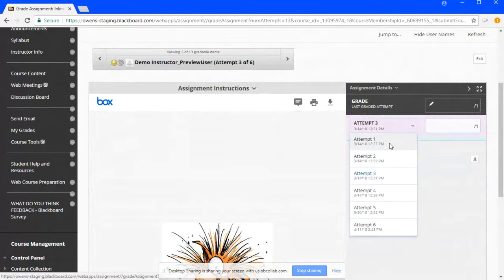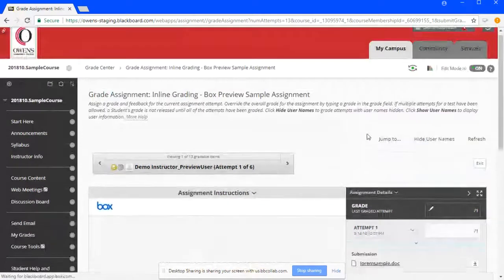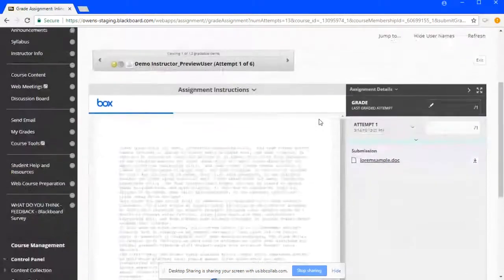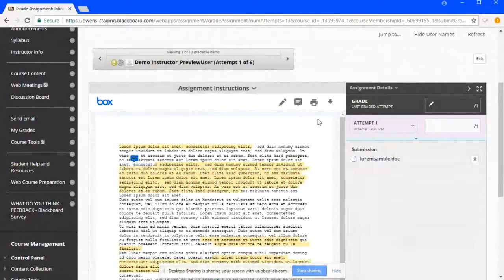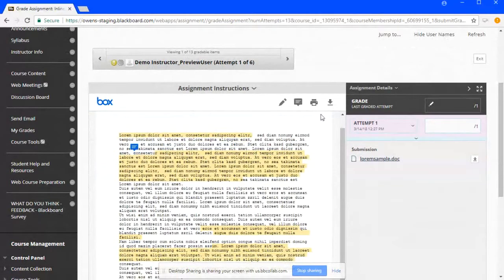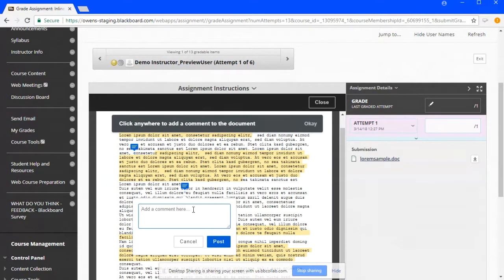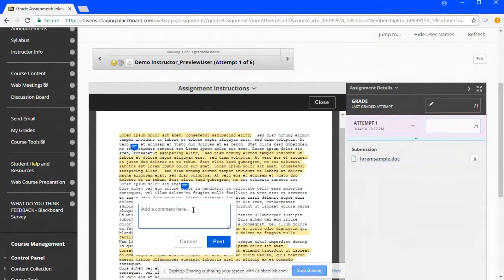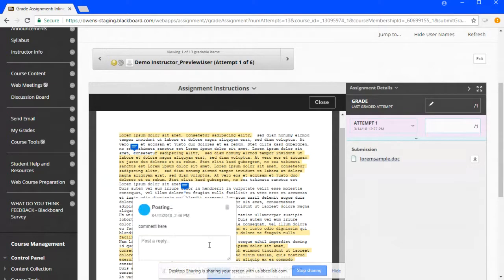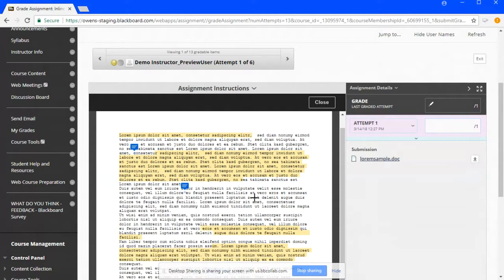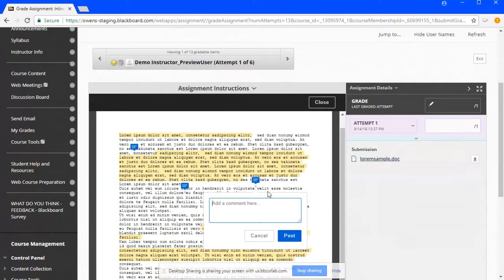Yes, I'm trying to find one that isn't actually a picture, it's an actual document. I just put a lot of different ones in here, so as an instructor, if you use this demo, you can go in and see that there are more than one thing. Here we go. Yes, Bill the cat. As you can see, the point annotation, you can click, make your comment, but you must click post, otherwise the comment doesn't post. You can also use your mouse, click and drag.